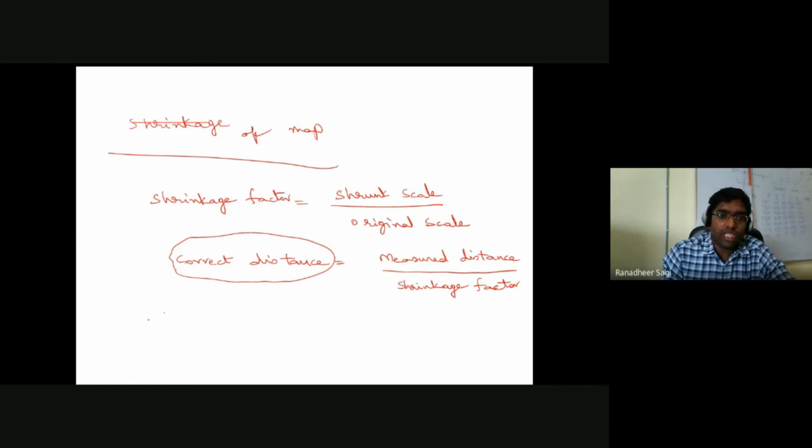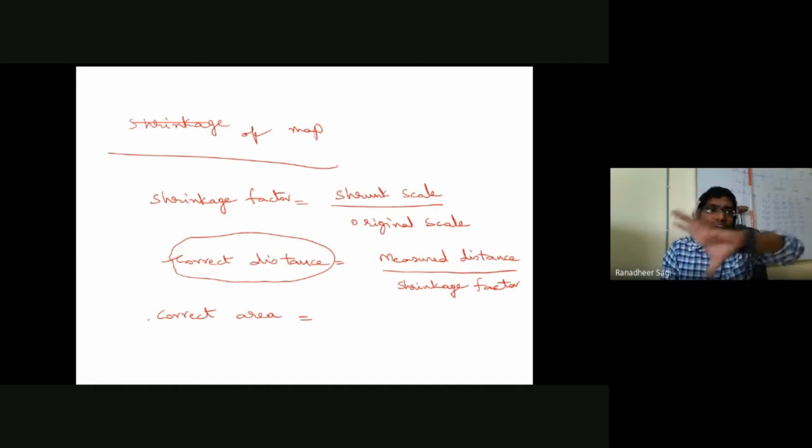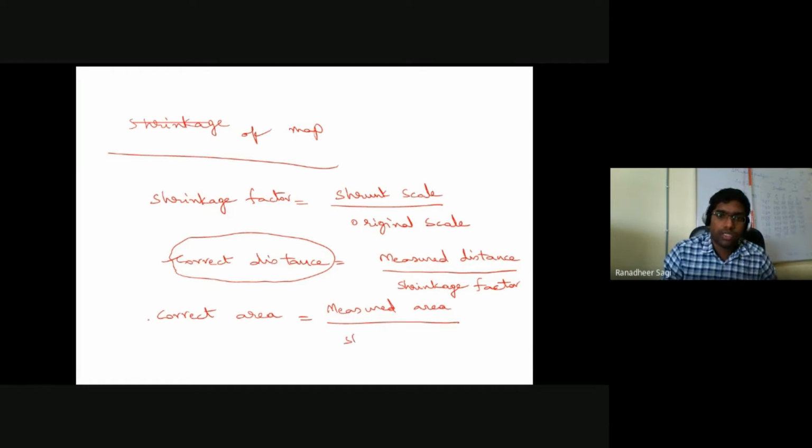Now, if you want to understand the correct area, it's not just the dimension in only one direction. Okay. So if I want to understand the correct area of that particular region, let's say, for example, I had a pond in that region, and due to the shrinkage, the area represented in the drawing sheet is slightly decreasing. Now, if I want to find out the correct area of that particular pond indicated on that map, what I can do is calculate like this: it's the measured area, whatever you have, divided by shrinkage